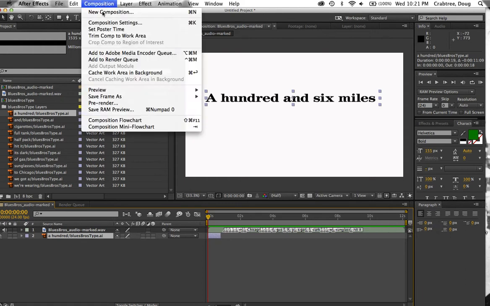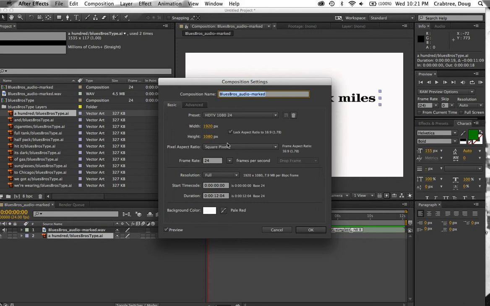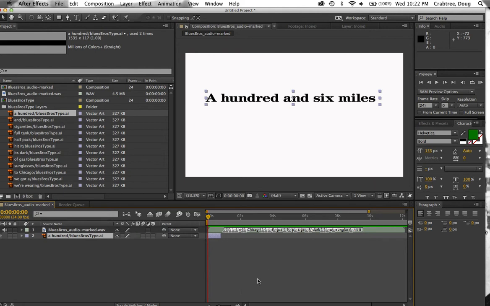I want to look at my composition settings just for fun, just to make sure, yes, I do have the HD TV settings, the 1920, 1080. Not that it matters tremendously to match up with my Illustrator, because it's vector. But this is the output size I'm going to work with. And on the duration of my composition, I'm going to just put in 15 seconds to give myself plenty of room. And if it turns out I have a little bit left over, I'll trim it off later. So there we go. We can see now that here's the 15-second total